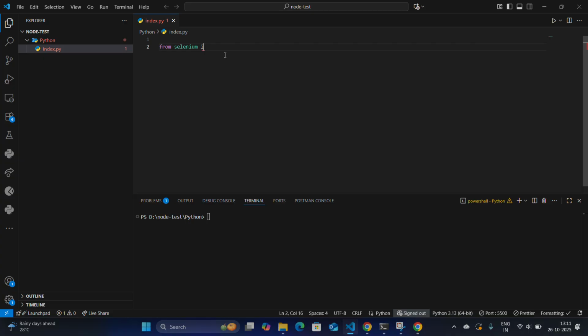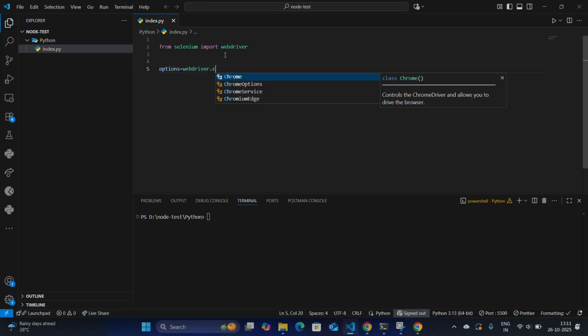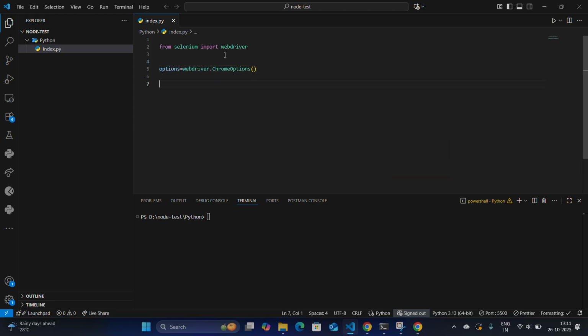From selenium import webdriver. Now options is equal to webdriver.Chrome Options. We have called the Chrome options from the webdriver. Now options.debugger_address is equal to